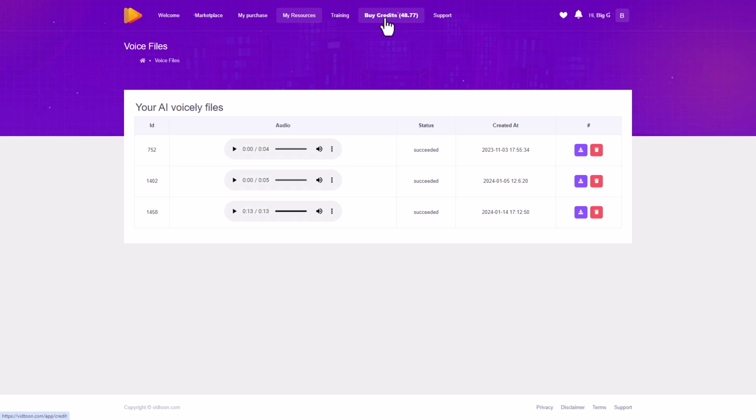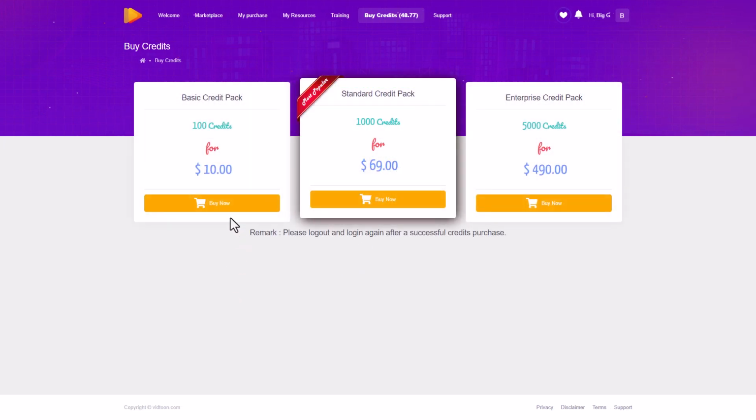So if I go to buy credits, I can top up my credits. I can pay another $10 and get 100 credits. I can pay another $69 and get 1,000 credits, etc. So even if you run out, you can always top up. I don't know if those prices are going to change, but it seems quite good that you can top up. So this is not an unlimited package like something like Revoicer. So when you're picking your TTS, you need to think about how much you're going to use, and that's probably going to affect whether you buy Voicely or if you go for some of the other ones that I reviewed.